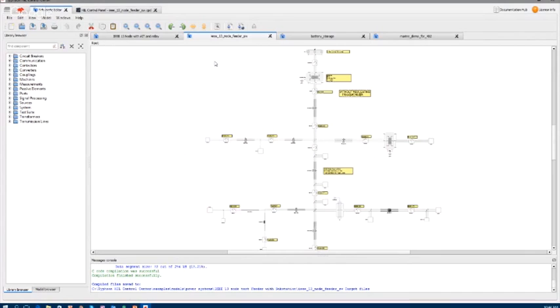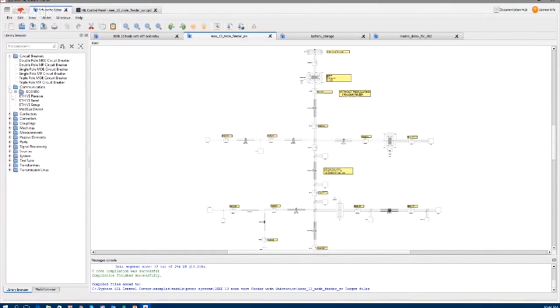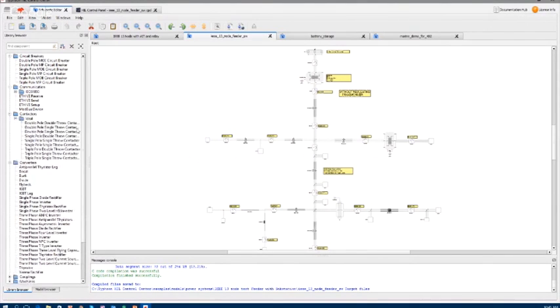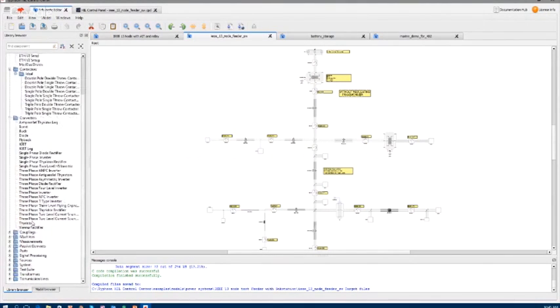If we are comparing to MATLAB, this is like MATLAB designed for power engineers. When I say this, it means that every element in the library on the left is designed for power electronics and power system engineers.